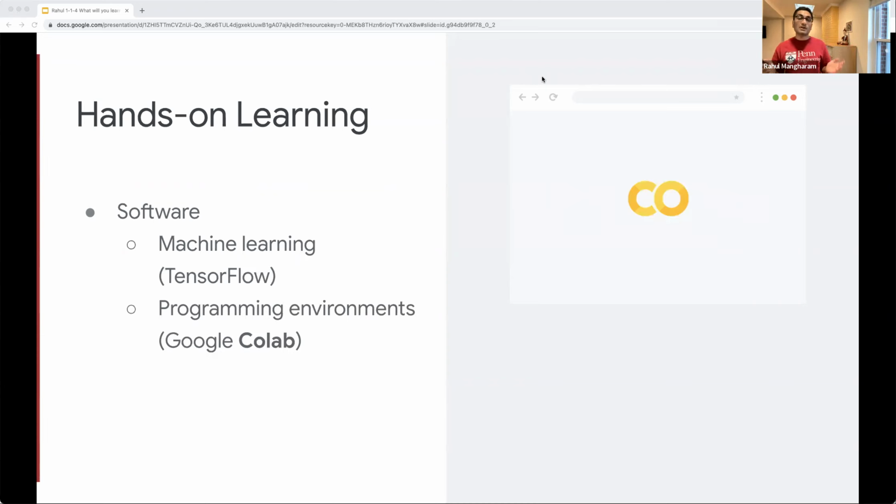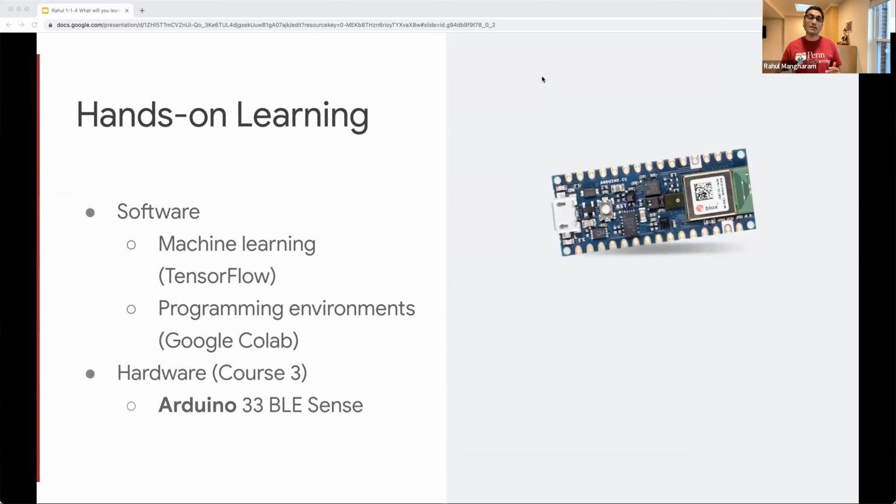Now, clearly, you're going to have to solve certain tasks, so you will have to do programming of that. And you'll be doing that in a web IDE, or integrated development environment. I'll talk about Google Colab later if you're not familiar with it. And you'll be deploying this onto a physical device at the end of the course. So you'll first be training the software on the Colab,